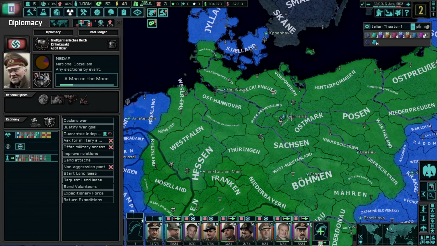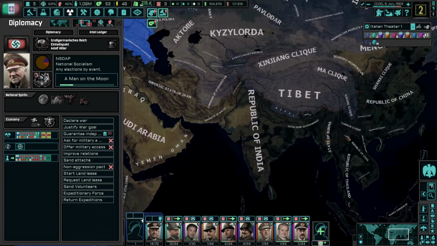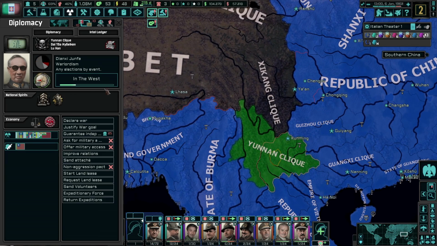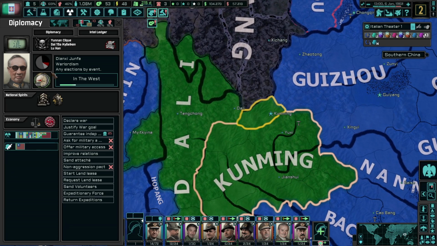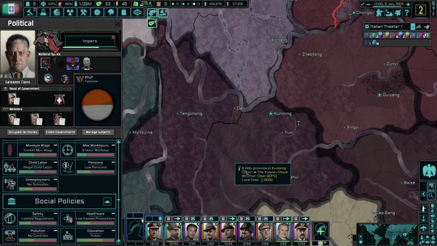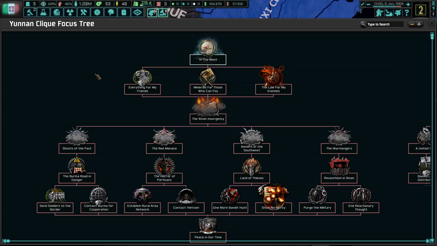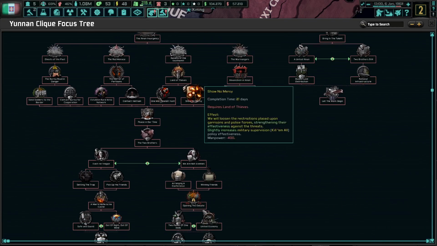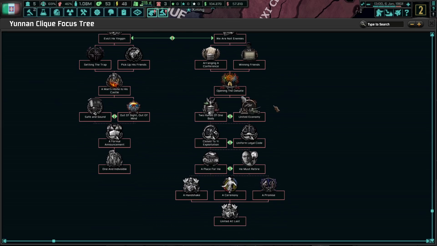Yeah, some of the German Civil War contestants got some reworks. Apparently, the funny Yunnan clique, which, in case you haven't played the mod, after a while you've got an uprising in Yunnan clique. At the beginning they're in the Japanese sphere. But what's going to happen is that they're going to rise up and basically...